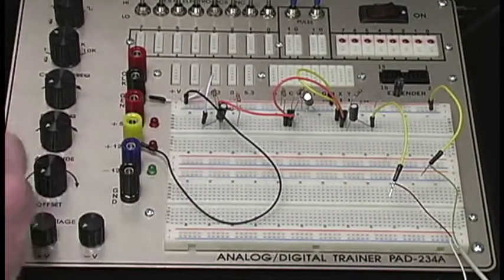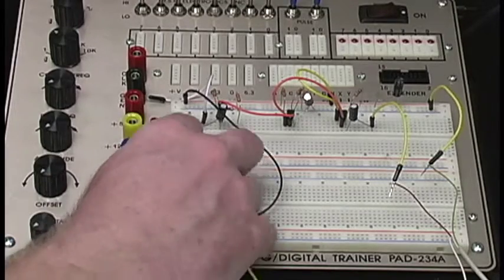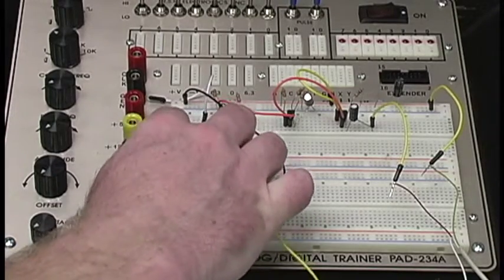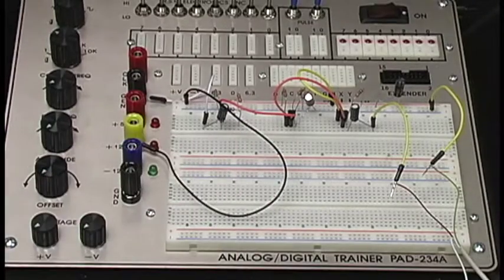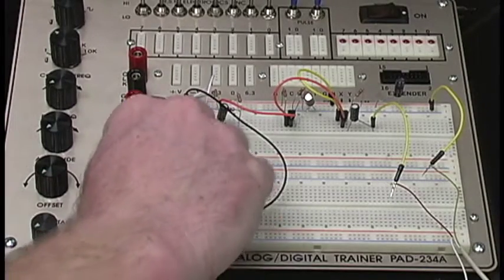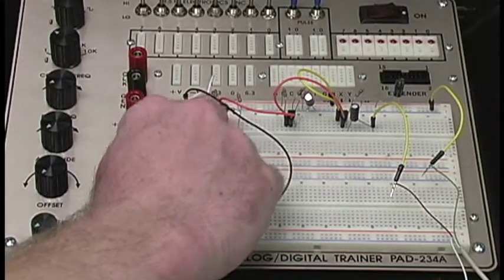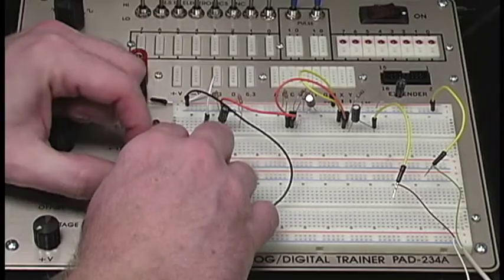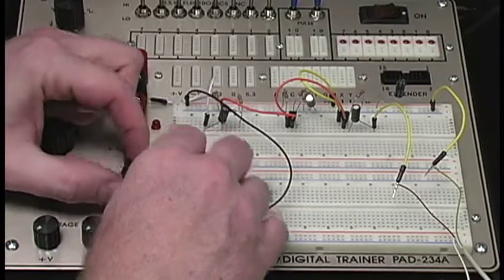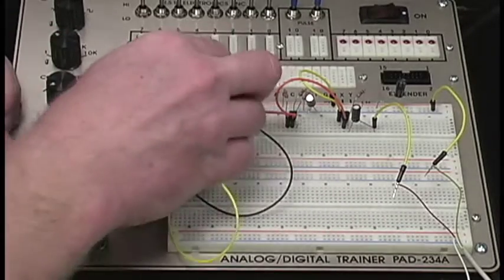And then, of course, we need our grounding component, which is what our ground is right here. And then that's going to give us the power we need